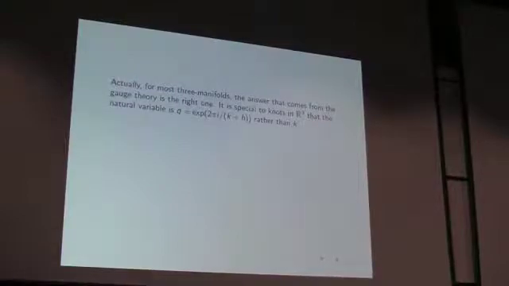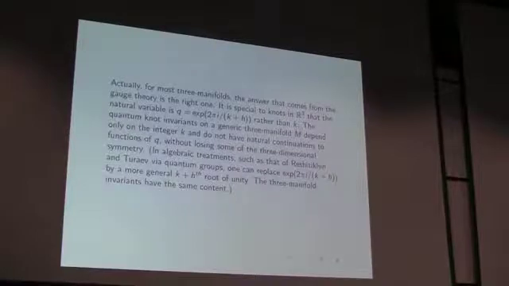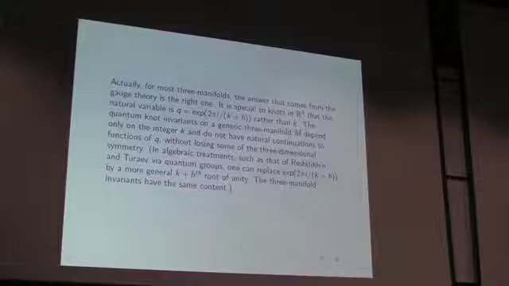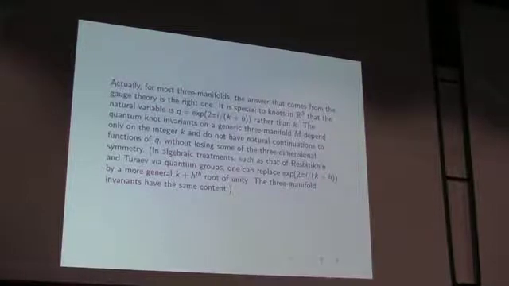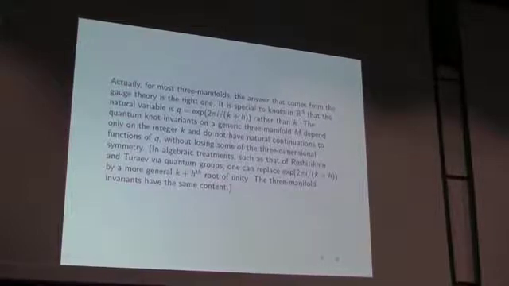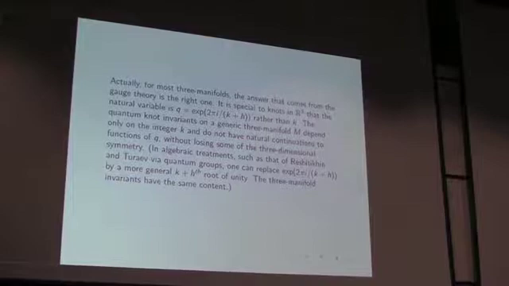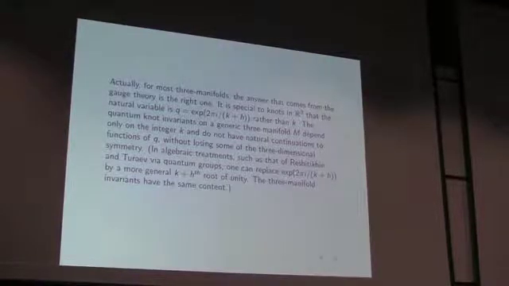But before panicking, we should notice that for most 3-manifolds, the answer we got is actually the correct one. So it's special to knots in R3 that the invariant you get from the quantum theory is naturally expressed in terms of q. In general, k is the right variable. If you're on a generic 3-manifold M, as far as is understood even today, you can define quantum invariants that depend on an integer k, but they don't have a natural continuation to functions of a complex variable q without losing some of the 3-dimensional symmetry. There's a slight generalization, which is that in algebraic treatments, you can consider primitive k plus h roots of unity other than the ones that were natural in what I said. The 3-manifold invariants are the same, though. They differ by automorphism of the roots of unity. But maybe there's some number-theoretic content in that